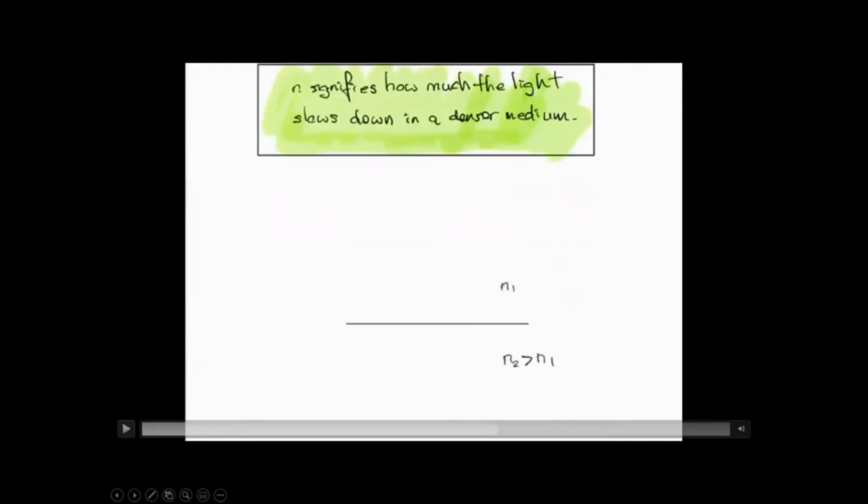So we got two different media, M1 and M2. N2 is going to have an index of refraction which is larger, which means that this medium is denser than M1 in essence. Guys, the bigger the index of refraction is, the denser the medium is. That's what it means in essence. So: the incident ray, the reflected ray, the refracted ray.